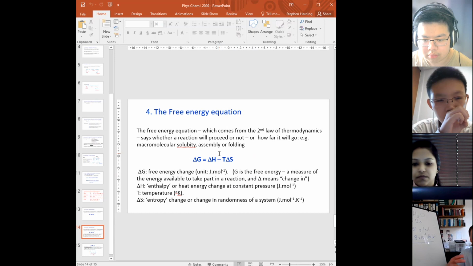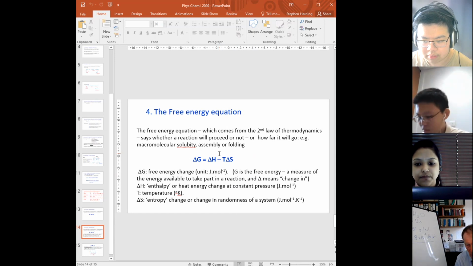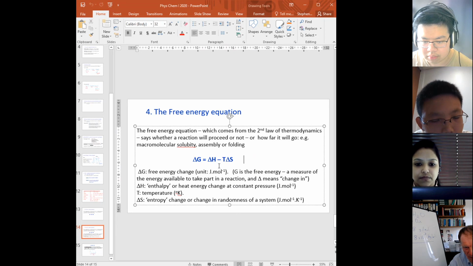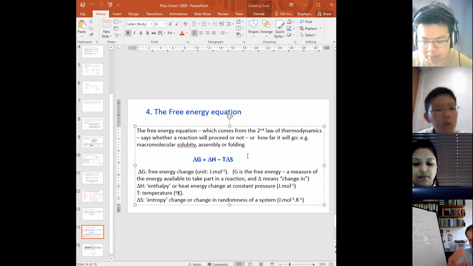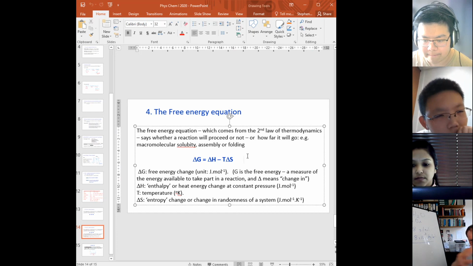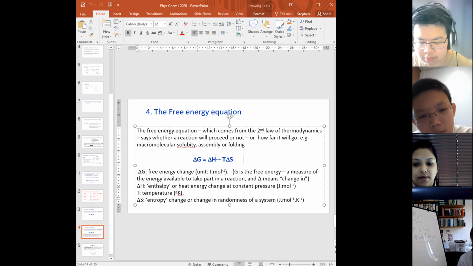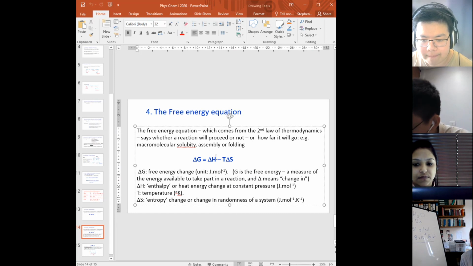So when a protein folds, it becomes more ordered, which is not favorable, because delta S is negative, because it loses randomness, and negative times negative is positive. And that gives a positive free energy. So protein folding should be unfavorable because it becomes more ordered and therefore positive free energy change. Unless when the protein folds, lots of favorable bonds are formed, hydrogen bonds or electrostatic bonds, resulting in a release of heat energy. And so long as that delta H term is more negative than this term is positive, then the protein folding reaction will occur. That's just one example of why this equation is important in telling us whether a reaction will occur or